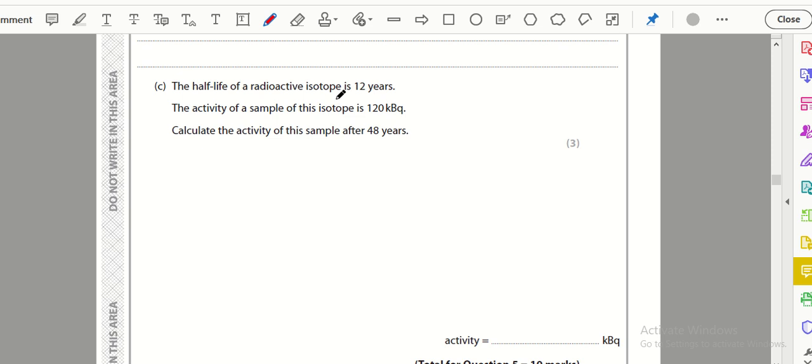The half-life of a radioactive isotope is 12 years. The activity of it is 120 kilobecquerel. Calculate the activity of the sample after 84 years. After the first 12 years, 120 will be decreased to 60, and after the second 12 years it will be reduced to 30, and so on